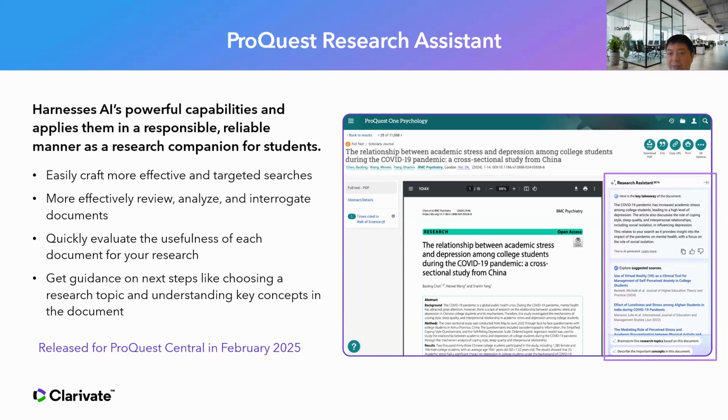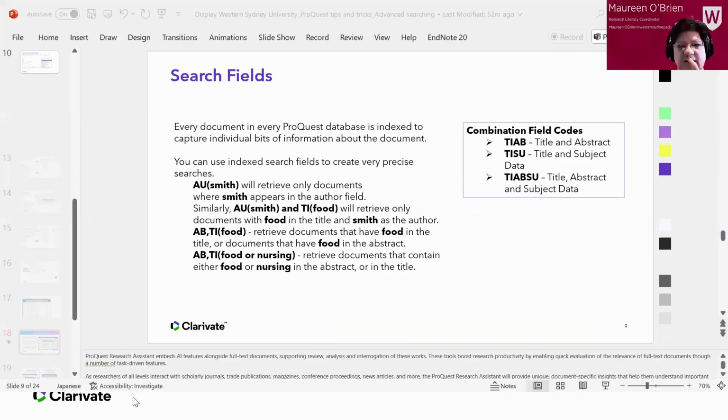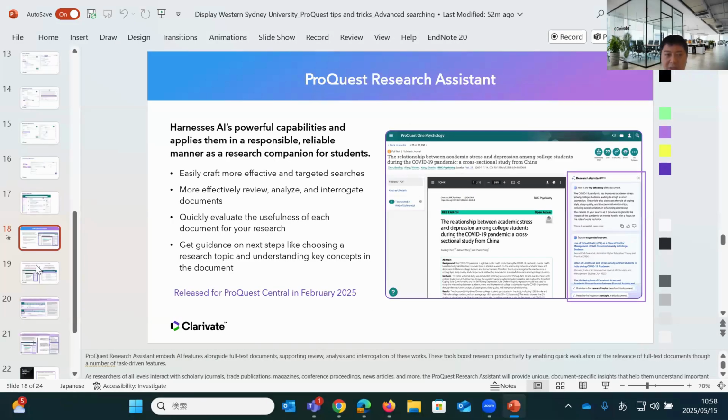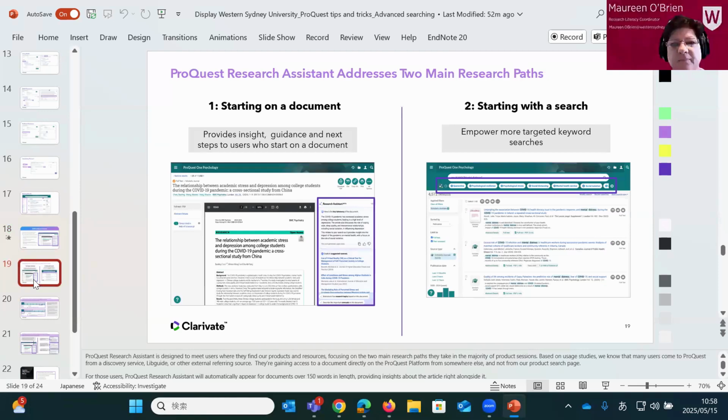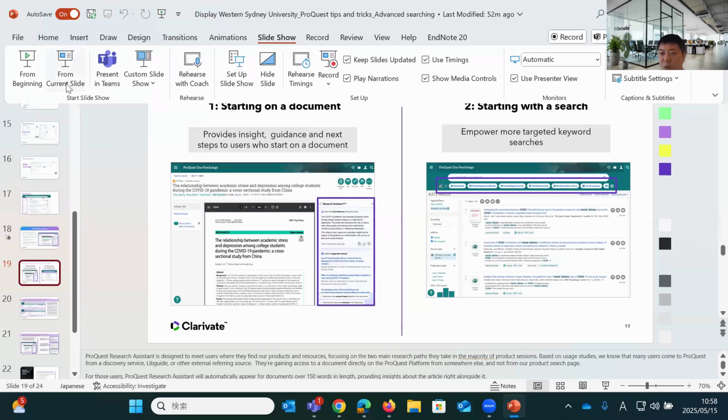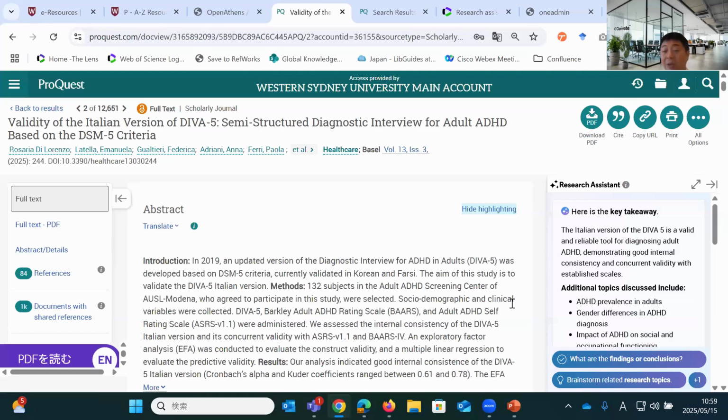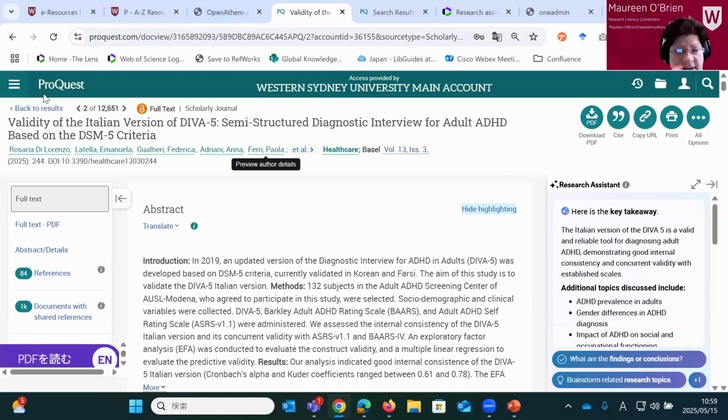The research assistant, is that a request? No, there is a summarizing tool. Yeah. So maybe whether it's available for your institution, it is actually here. Yes, we do. I'm glad.